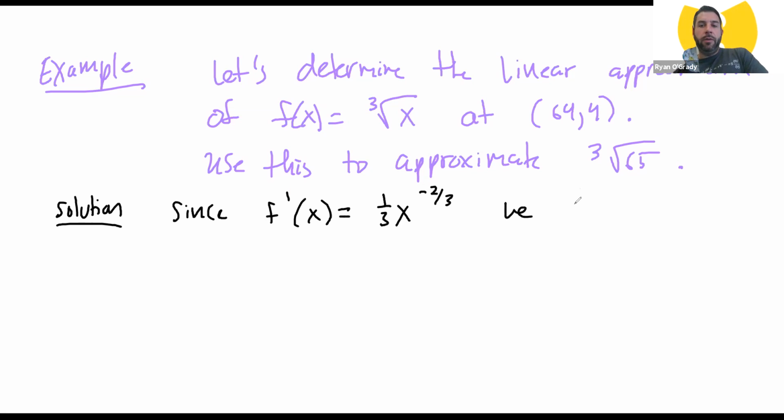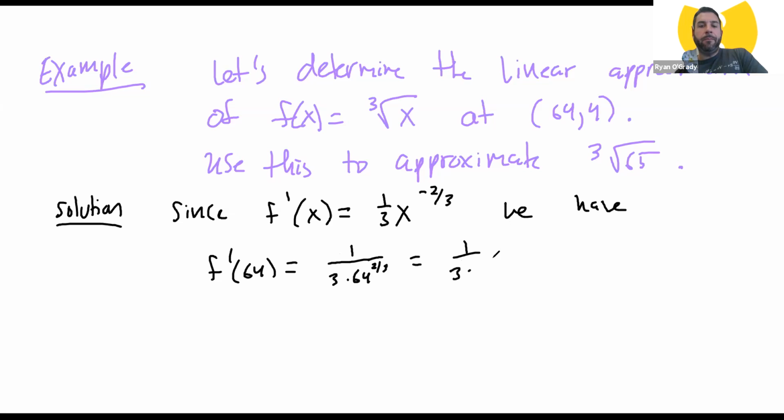So since the derivative is that, we have f prime evaluated at 64. I'm going to write this a little differently. This is 1/3, and then it's 64 to the 2/3,